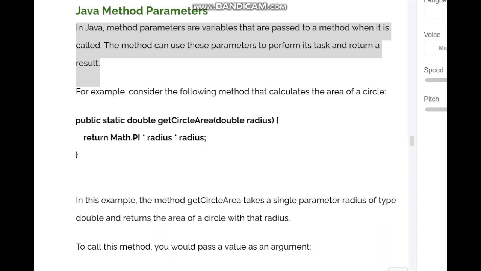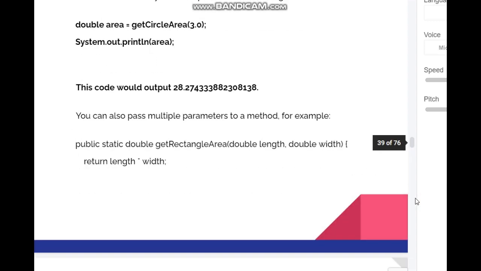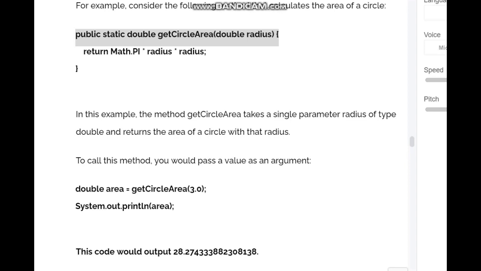In Java, method parameters are variables that are passed to a method when it is called. The method can use these parameters to perform its task and return a result. For example, consider the following method that calculates the area of a circle. public static double getCircleArea(double radius) { return Math.PI * radius * radius; }